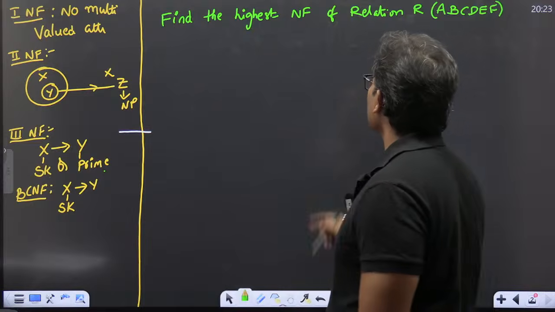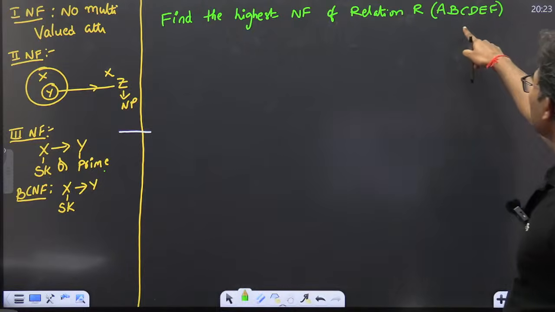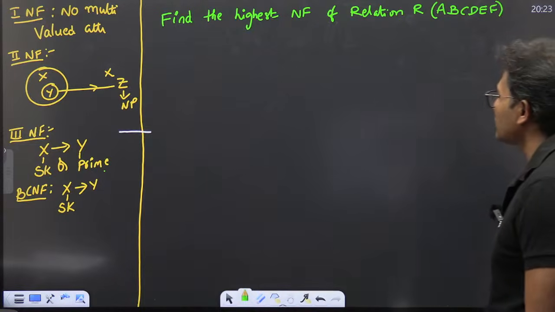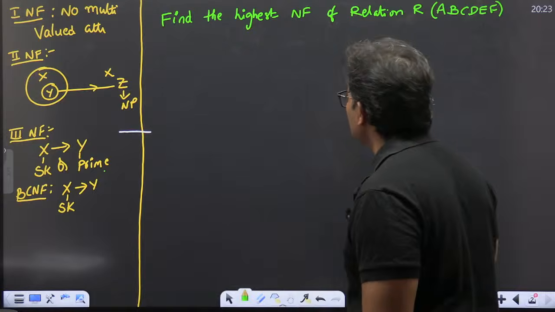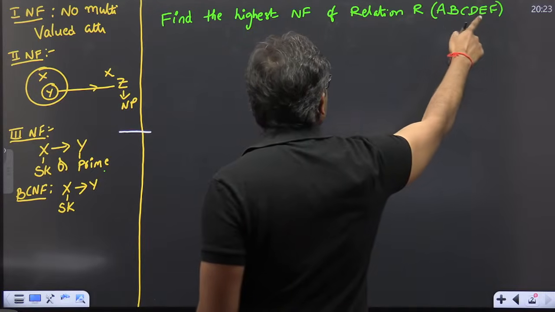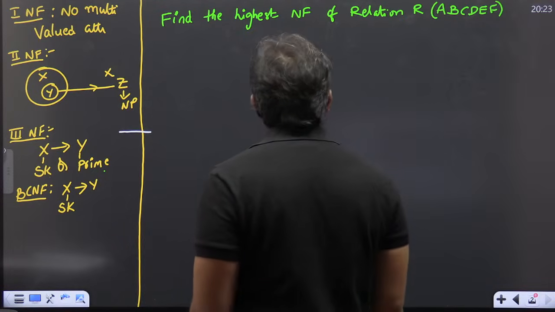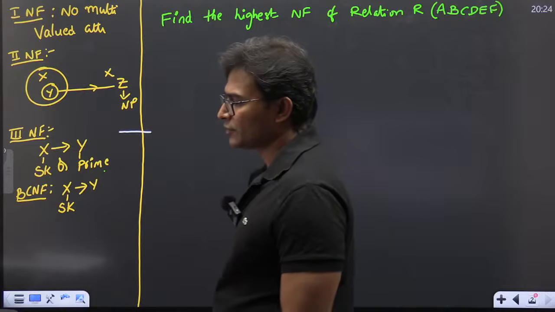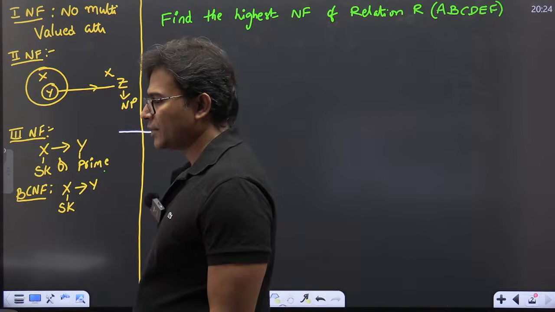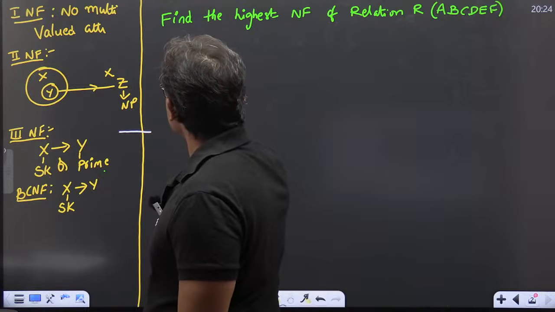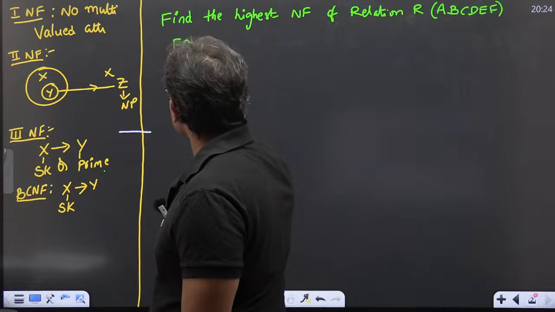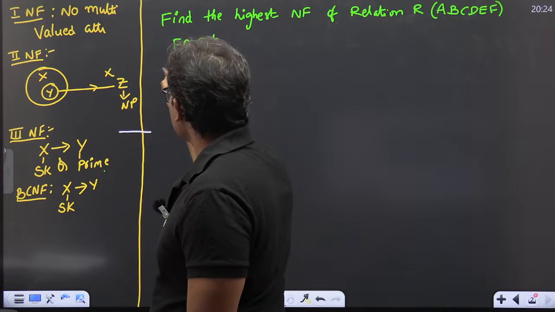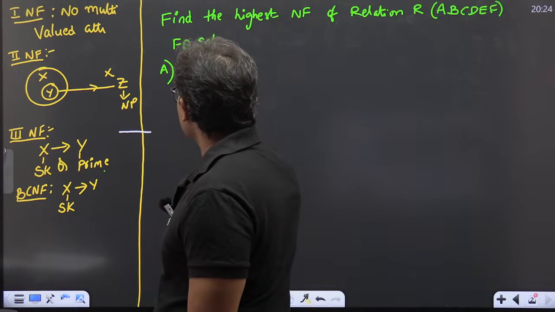Find the highest normal form of the relation ABCDEF. And they will give you an FD set, and the options will be like first normal form,